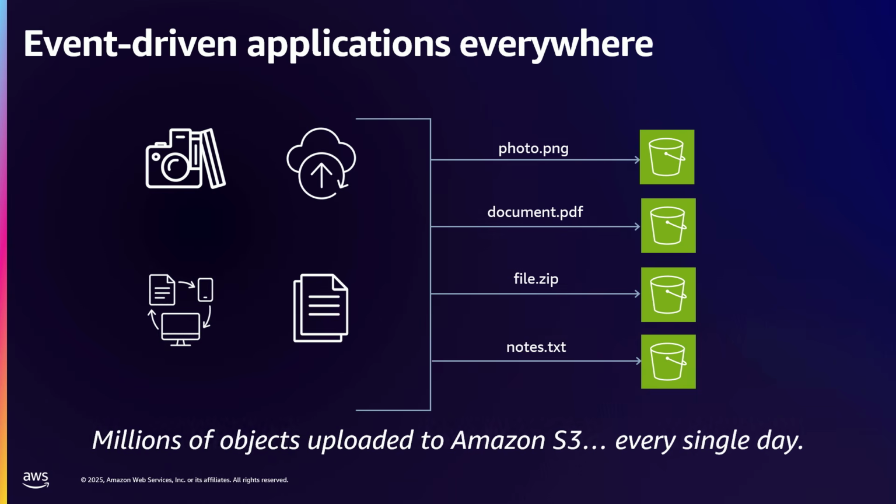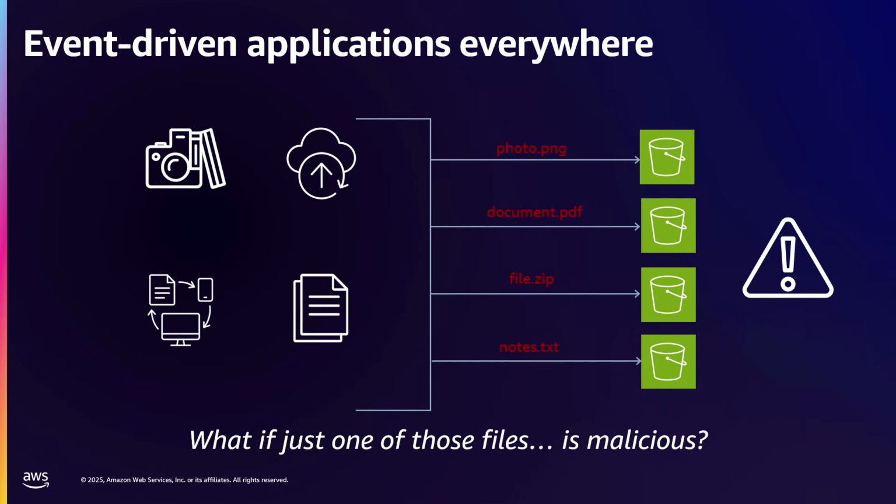So there is a what if. What if just one of those files is malware? It can be a zip file with some bad code, or it can be a PNG image file with some Trojan, I don't know. Maybe your system has an upload vulnerability with some misconfigurations in your backend, and something or someone is sending some code, some execution process, into your backend.